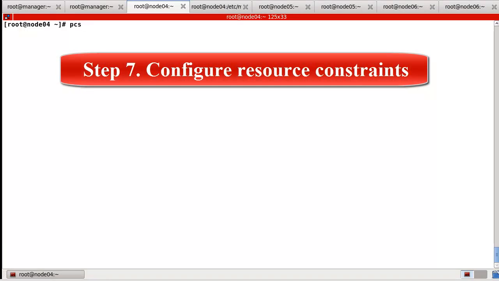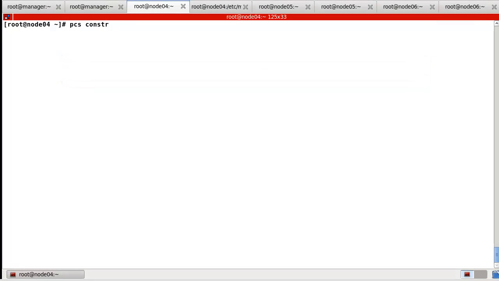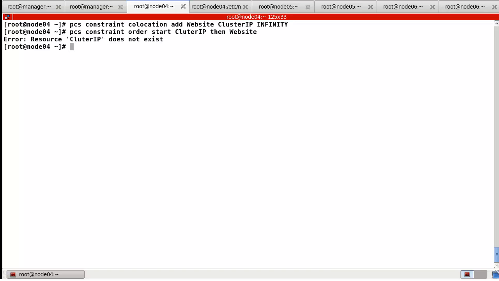The pcs, at first colocation, website and ClusterIP, this one infinity. These two resources need order: start the ClusterIP first, and then website.